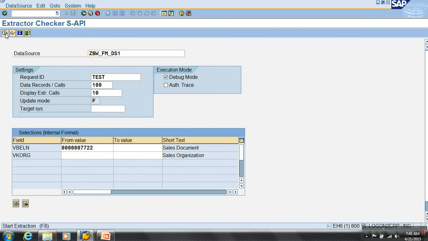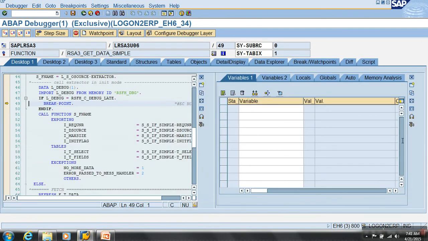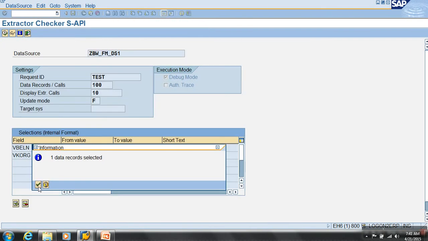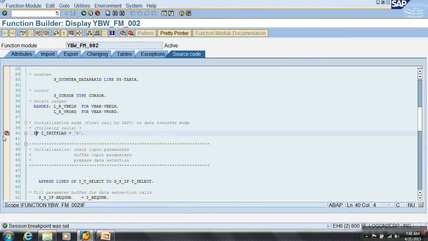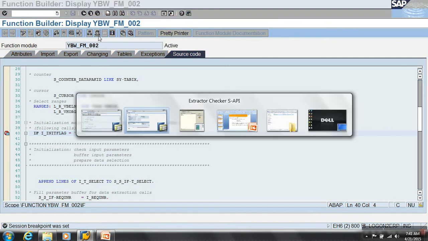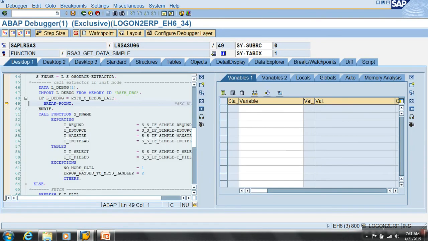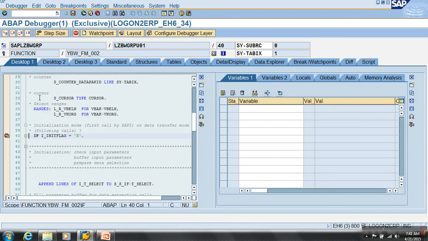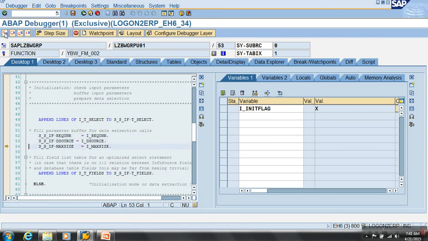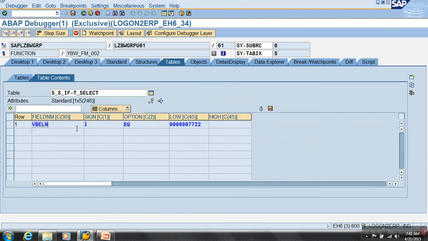So if I give some selections now, init flag is X. This should have all my selections that I passed. V balance 7722.